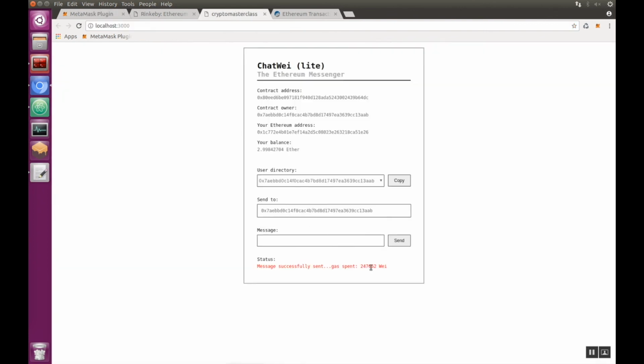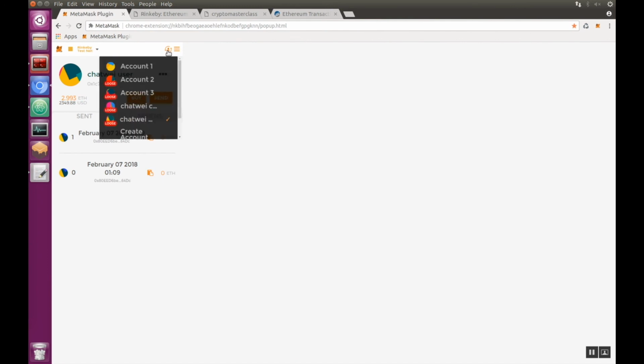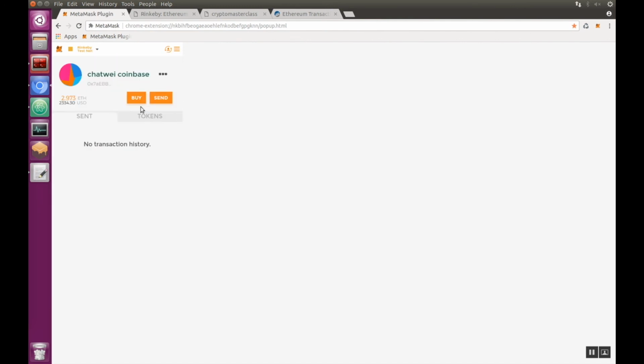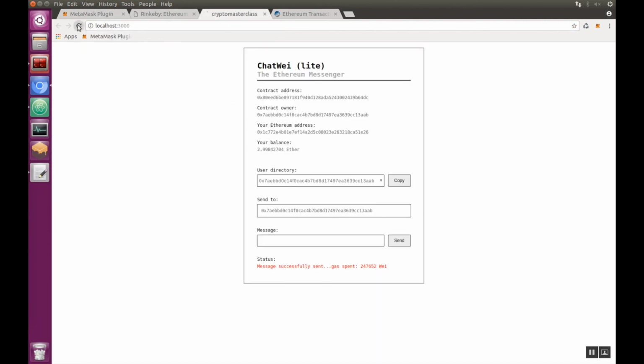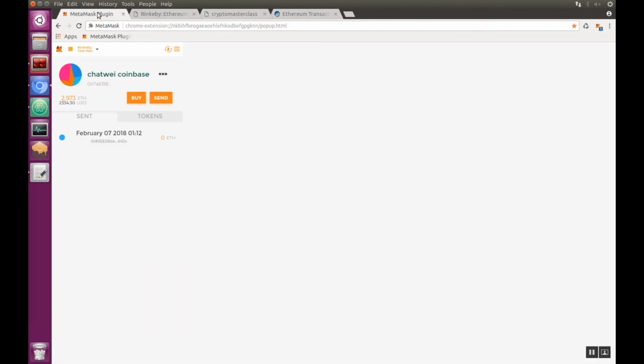At this point, my transaction has been approved, and I can see the amount of Wei I spent. Let me switch to the first account, which was Chatway Coinbase. Refresh the page, and you can immediately see your message inside of the table. If I click the row, I'll see the contents of that message. I can reply directly by clicking the reply button. Again, I can submit this transaction to Rinkeby,